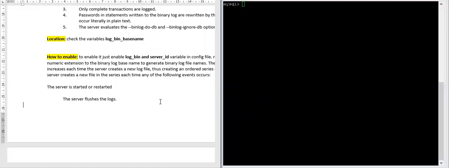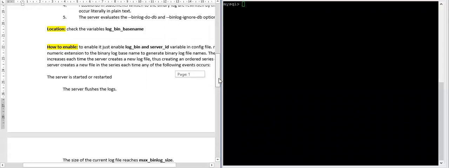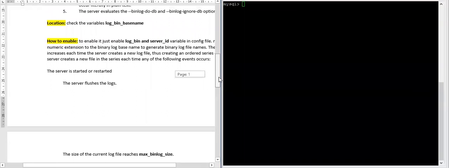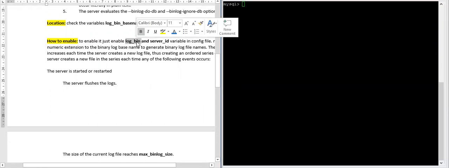What is server_id? server_id is a variable we maintain while doing replication. We'll see server_id in detail in the replication videos also. But for simplicity, and to understand how to enable the binary log, this is an important variable and you will have to understand it. So log_bin and server_id are the two variables through which you can enable your binary logging. This is in MySQL 5.7. In earlier versions, only log_bin was needed to enable your binary log.